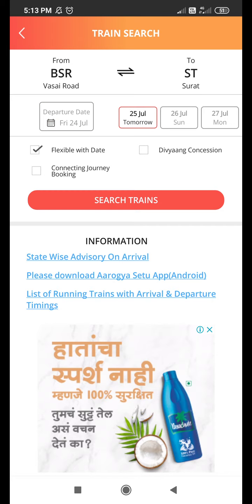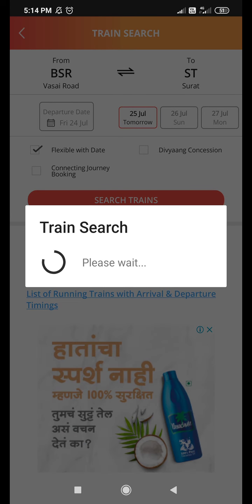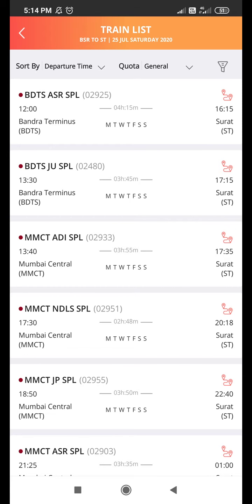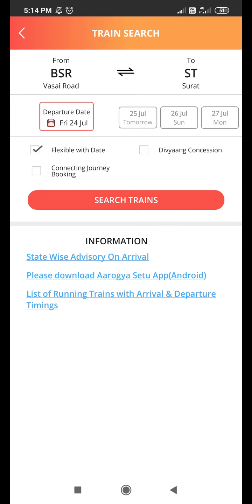Suppose I take 25th July, for tomorrow. So I am searching for a train. When I click on the search train option, it will show the different trains available on that date. It will show me the list of trains. By using the station code or station name, it shows me the trains between those particular stations for that particular date.